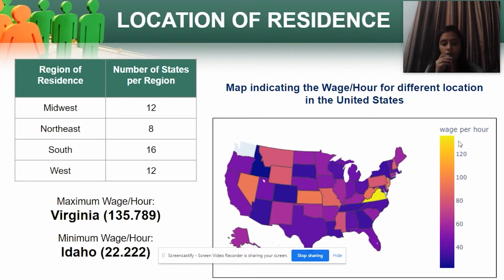The lowest state was that of Idaho. On searching, we found out that this state is majorly comprised of rocky and barren areas with very few people, and occupations such as fishing and rafting, which don't render a huge income, were the most popular occupations. In contrast to that, in Virginia, we had quite a high population, which could be one of the factors accounting for this difference, along with others. Average income is relatively high in the central parts, whereas the south and northern regions show relatively lower income.